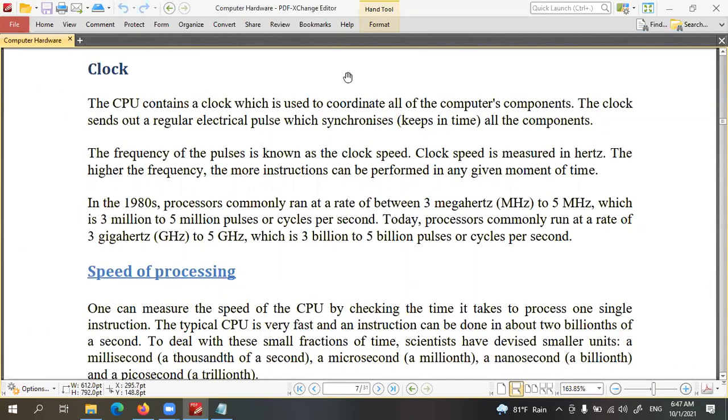The time period of this clock pulse is normally, in modern computers, 1 over 5 billion of a second, right? So a second of time will be divided into 5 billion parts. I don't know how many zeros are there.